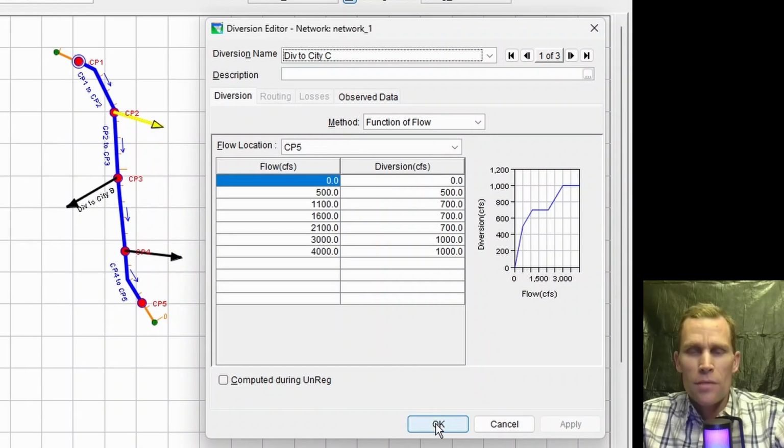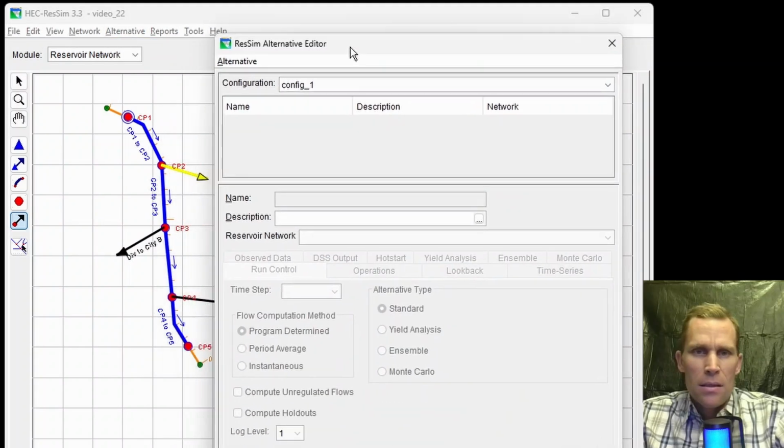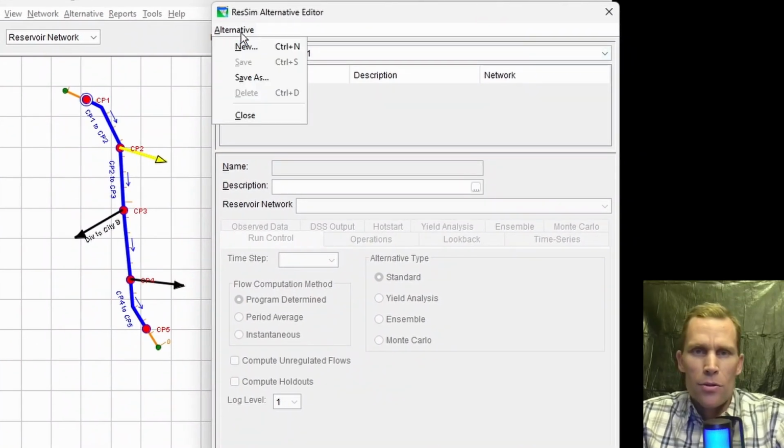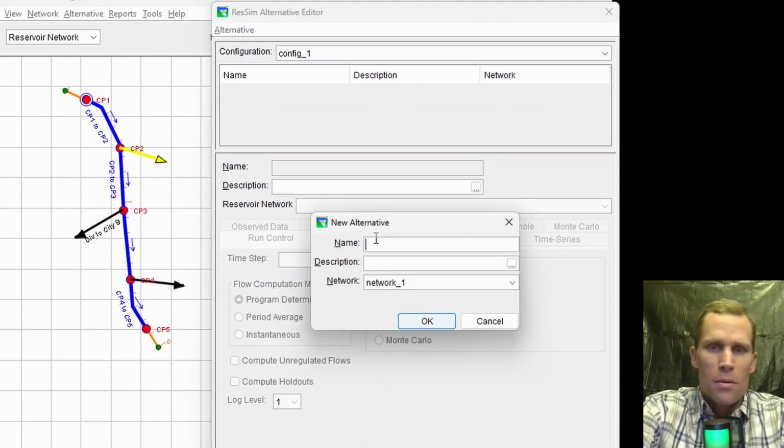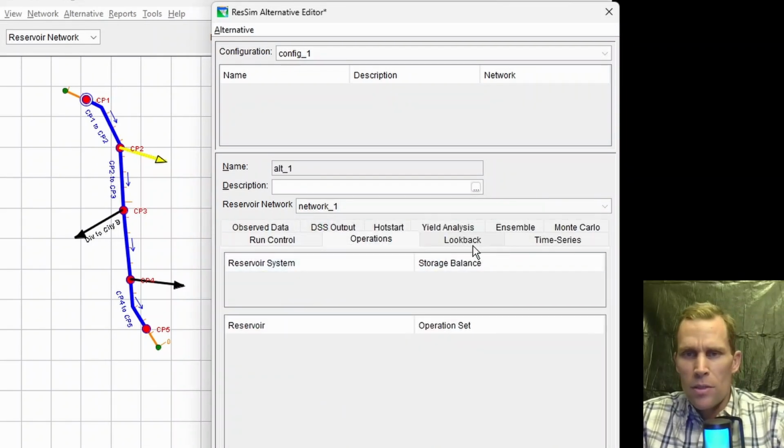We need to create an alternative and then run the simulation. So let's go ahead and click OK to that. Alternative, edit. And then we are going to go alternative new. I'll call this alt 1. OK. It's going to be an hourly time step. The operation, if there's no reservoir,